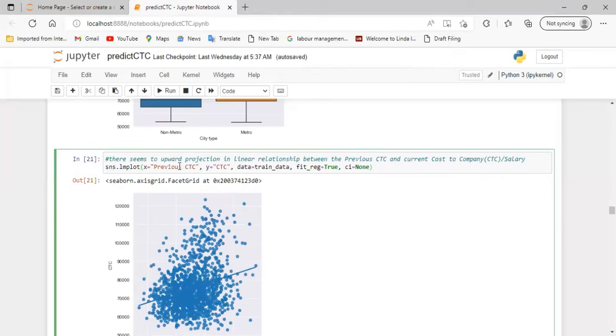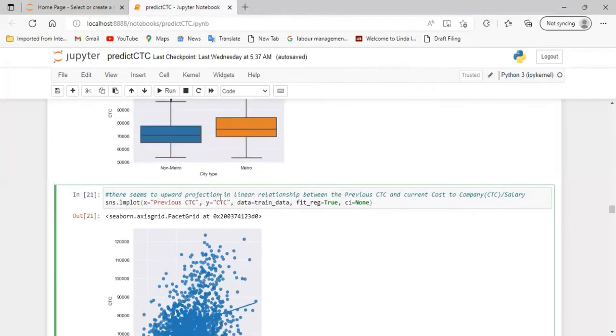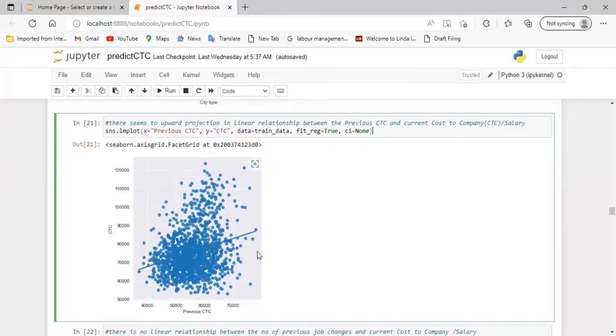In the LM plot, I assigned my previous CTC to my X axis and the CTC to my Y axis. Then I use fit reg true because I want the regression line to show. So by the time I run this,